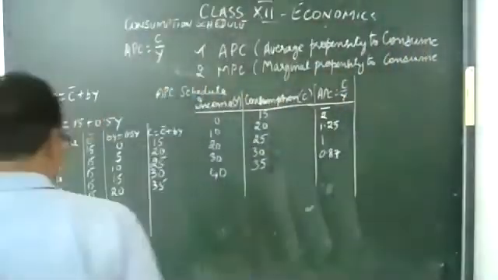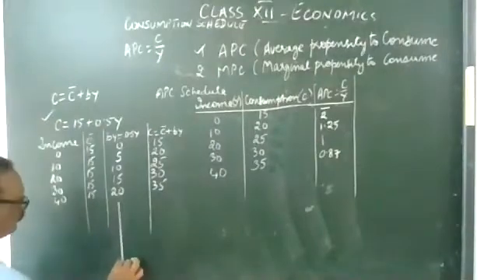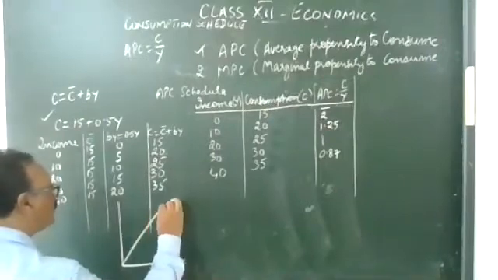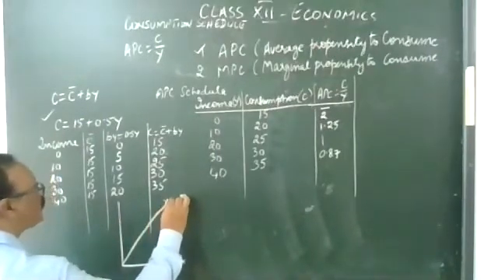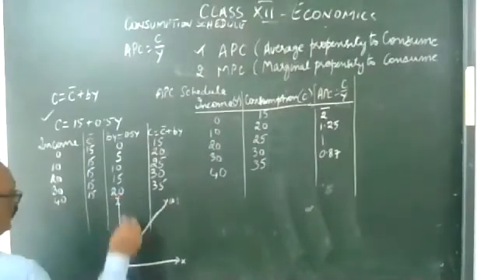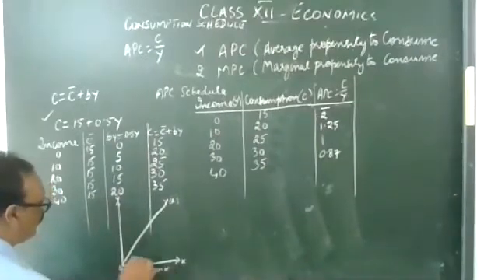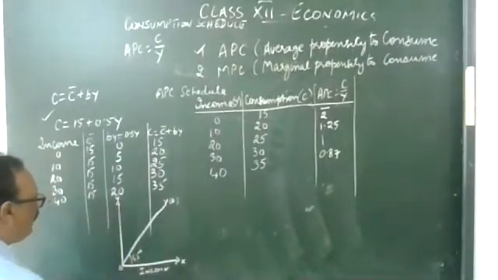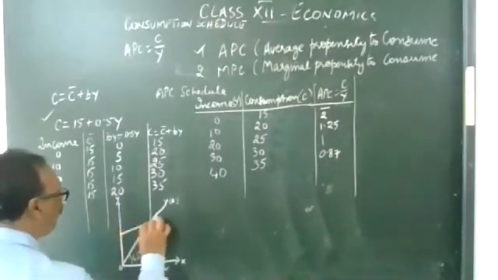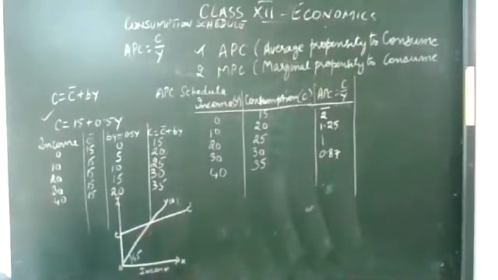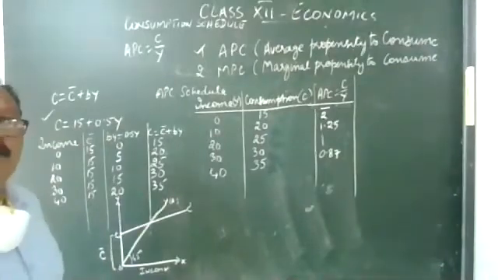Now, either we draw this to scale or we can draw this as we feel without a scale. It would be like this. On the x-axis we will take income, and on the y-axis, AS. We know that this is my 45 degree line, which is Y. The C will begin from here, C and C bar. And this part will be called C bar, autonomous consumption,